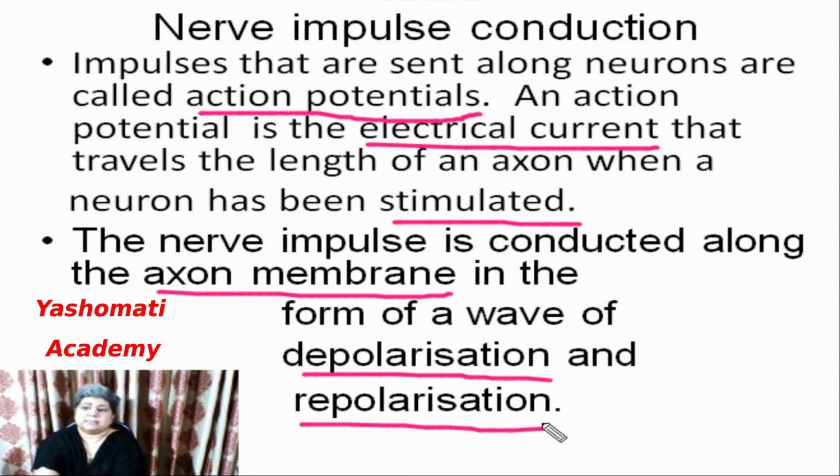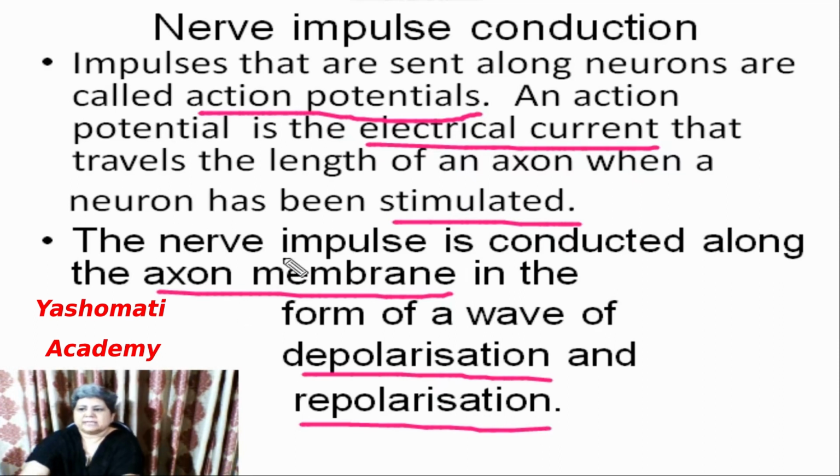Now let us try to understand this. Depolarization means removing the polarization and repolarization means creating the polarization. I hope you all remember when we studied the structure of the plasma membrane, we studied that the plasma membrane has more positive charge on the outer side and more negative charge on the inner side. So that means there is some potential difference across the plasma membrane. Because of the unequal distribution of charge across the plasma membrane, polarity develops there, or we can say that the plasma membrane is polarized.